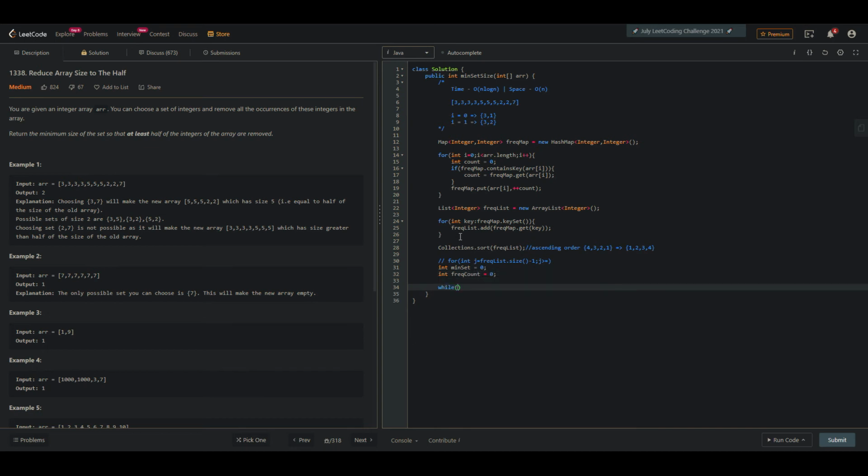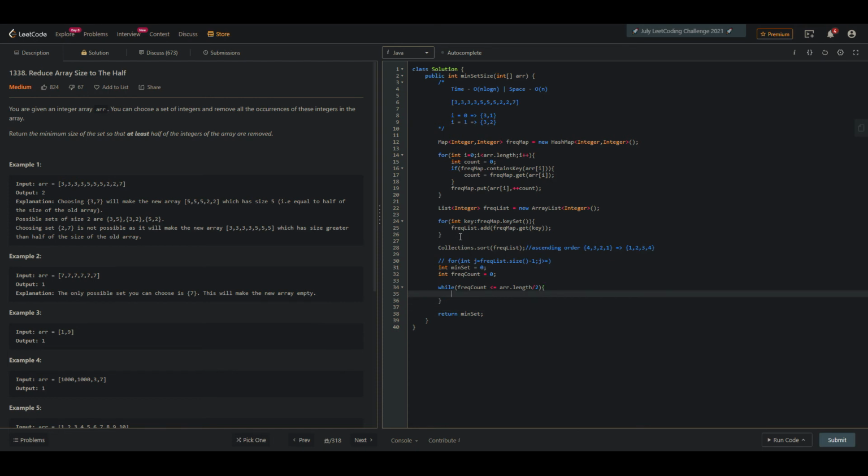So while frequency count is less than array length by 2, it will be in this, and when it comes out we can return min set.